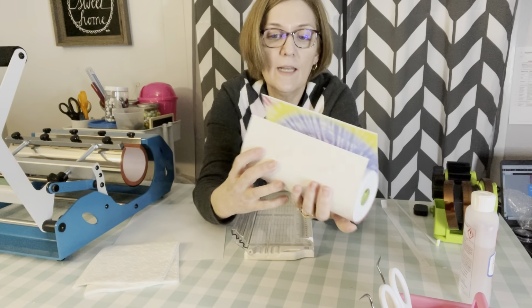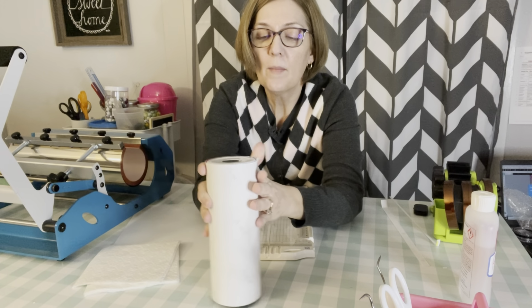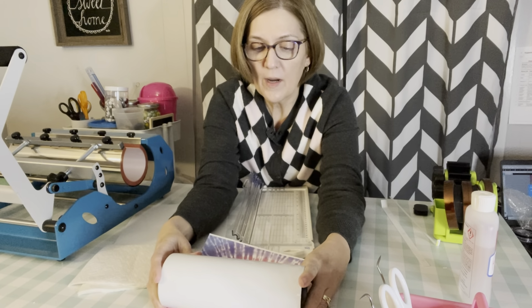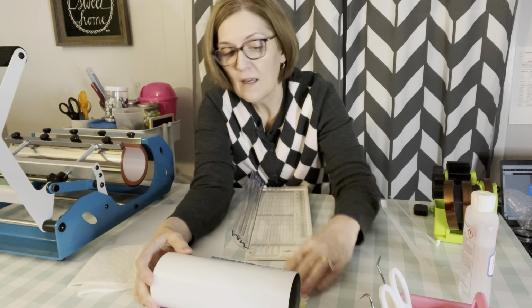All right, so you can actually just print it to the size that you need it to be. It'll be much easier. And then you just cut off the white part. But I wanted to do this just to show you in case you get a design, or there's something that you want to do that's not fitting in. So